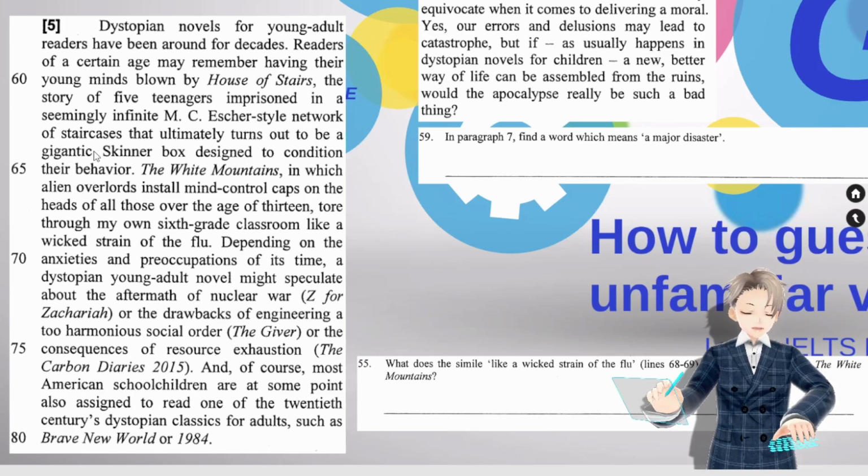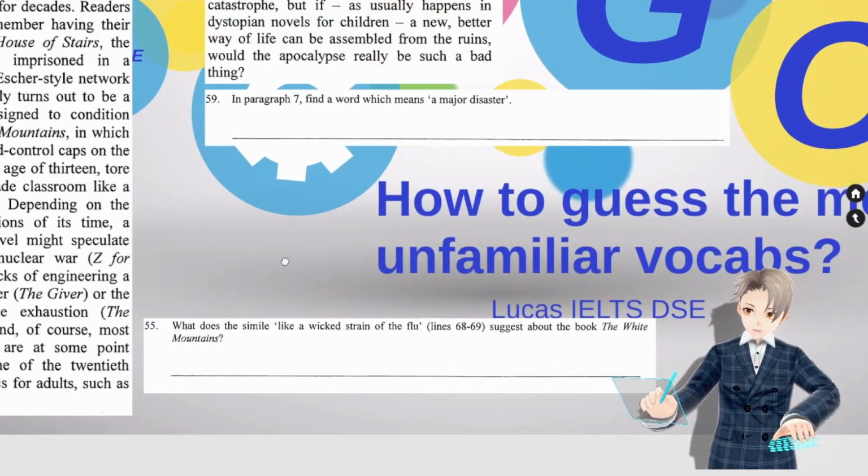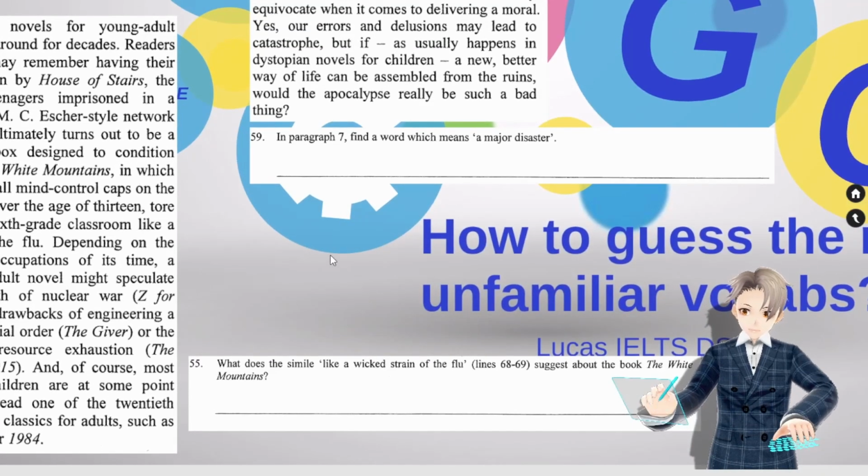Someone infected with the flu, their saliva attaches onto someone else and goes into their system. Same thing with this: word of mouth. One student reads this book, says it's good, tells another person, like, oh, I gotta read this too. And then next thing you know, everyone is reading the book. So in this case, what does the simile, like a wicked strain of the flu, suggest about the book? Well, it suggests it was really popular and it spread really quick among the class and everyone wanted to